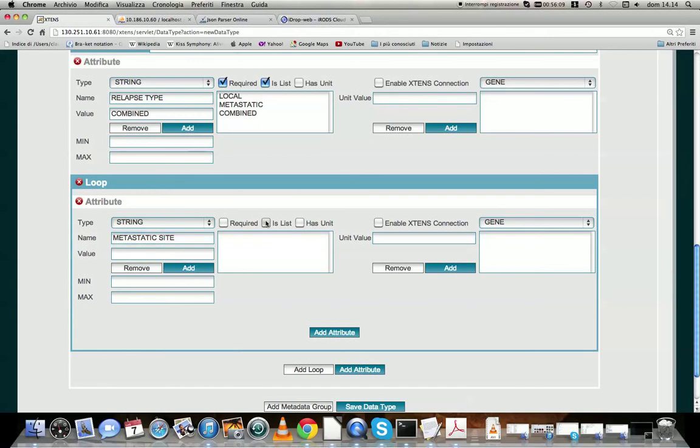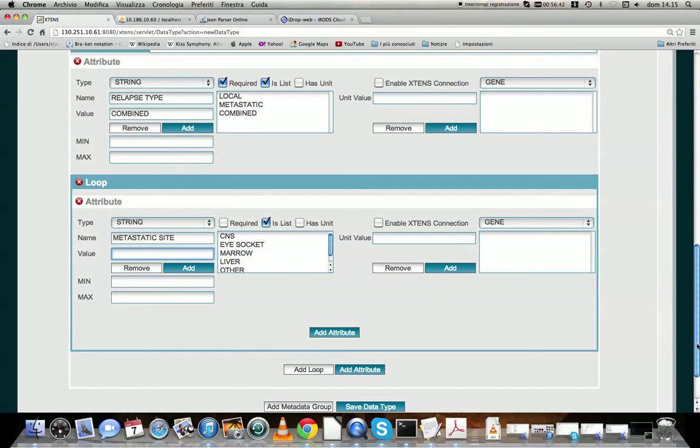This is not required, but it is a list, and as we said, there was central nervous system, eye socket, then there was marrow, liver, and other. Obviously this is a little bit of work, but you have to do it only once, and then